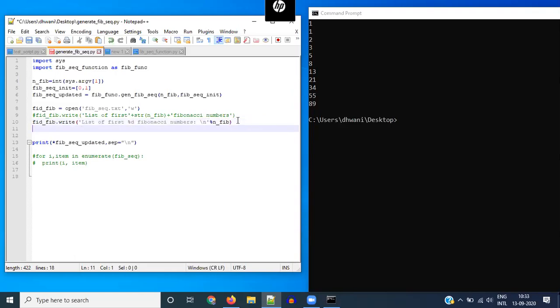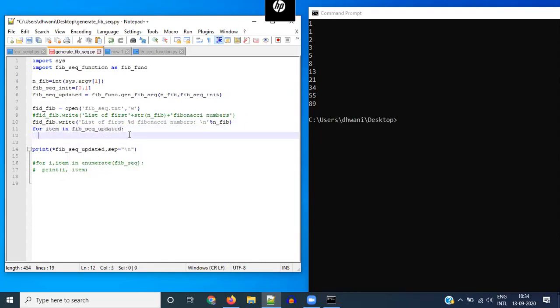Okay, that's done. Now we also want to print all the numbers in our Fibonacci sequence list. So let's start a for loop, for item in FIB seq updated. So we saw how you can just retrieve the elements in a list using this, for item in Fibonacci sequence or in some list syntax.